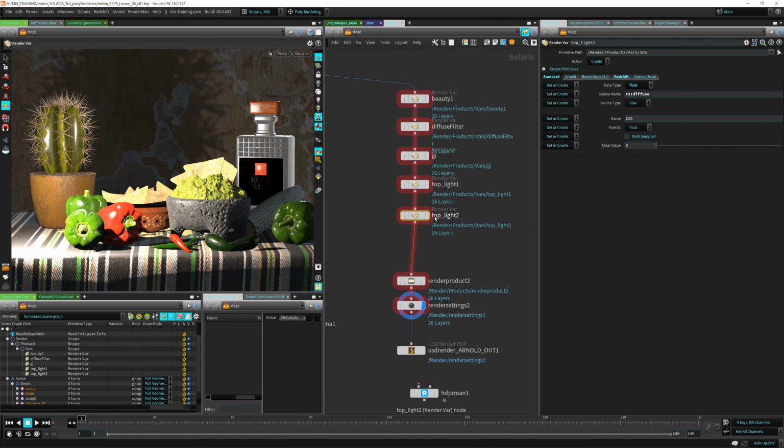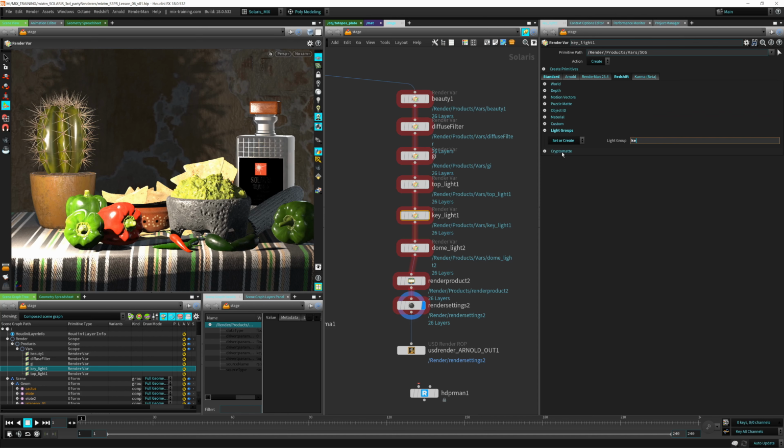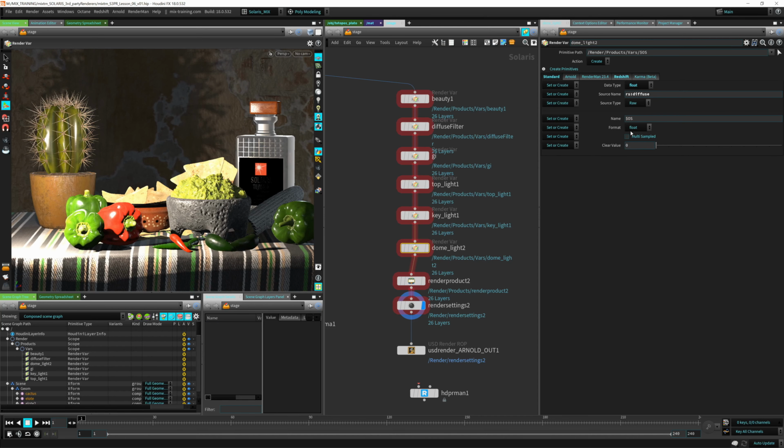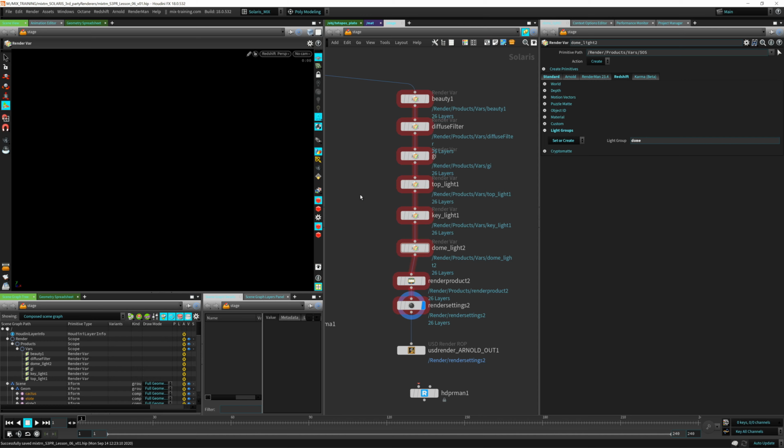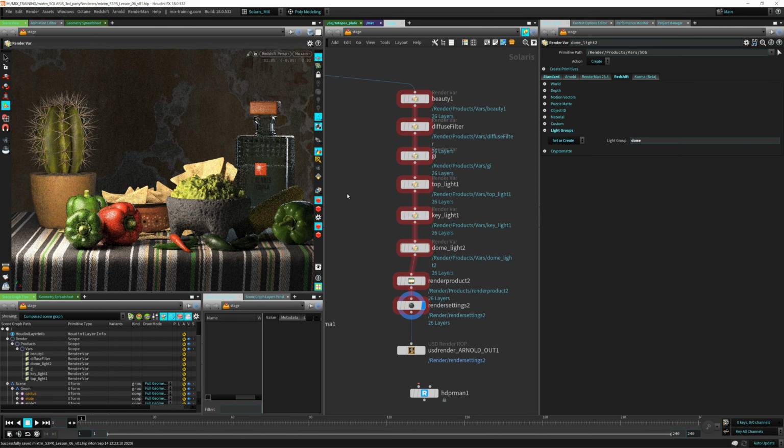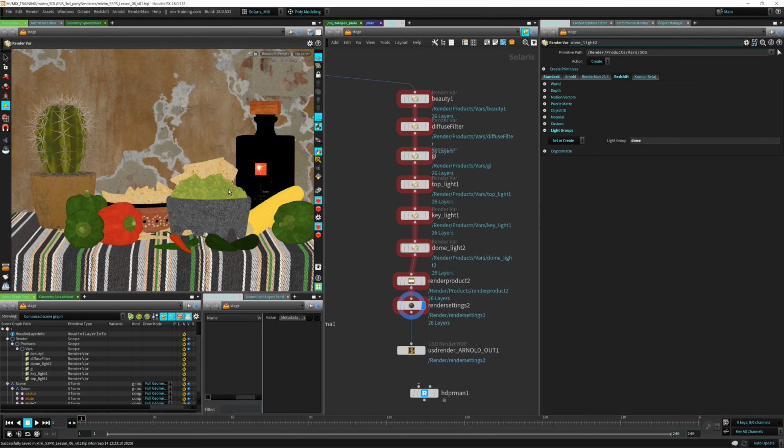So let's do the same for the other ones, for the key and for the dome. And then we only need to change the light group here, key and dome, like that. And if we see this in Redshift now, we can see we have our beauty, we have the